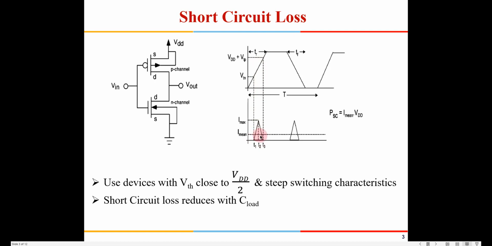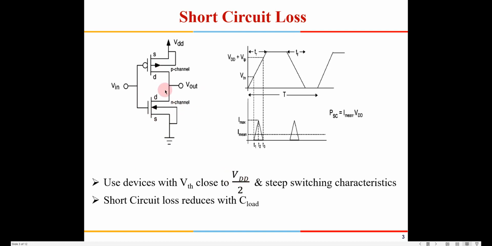This is known as the short circuit current. This will happen in both cases, when the signal is going from low to high as well as from high to low. So this is known as the short circuit current, right? I told you one of the options to reduce this short circuit current is to pick devices with